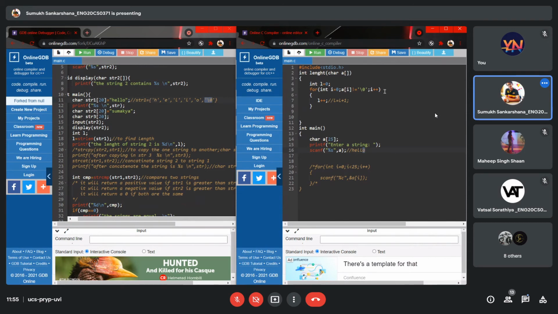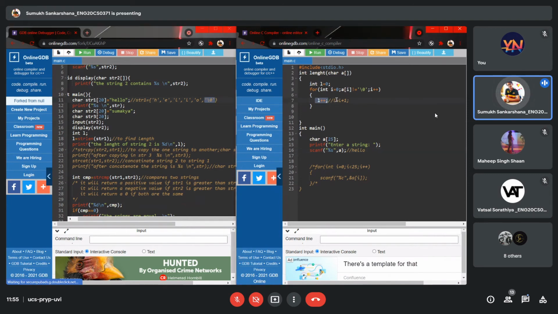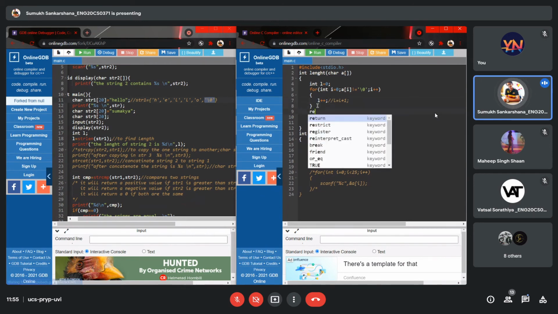At index 5 and at position 6. Okay, so basically at this position it will find this, it is equal. So the statement will become false. And once it fails, we know we can stop the count, and we know there's no string after it because a string always ends right before the null character. And once we have found the length, we can return the length back to the function call.